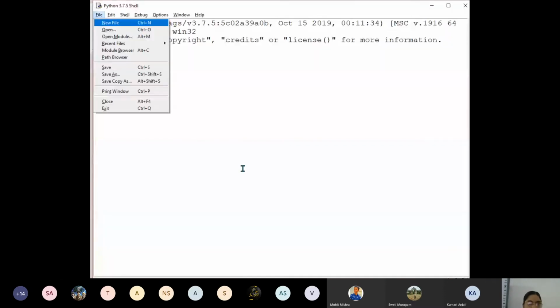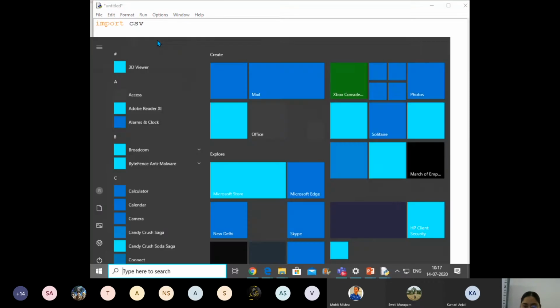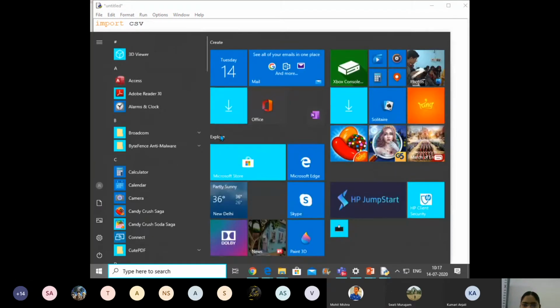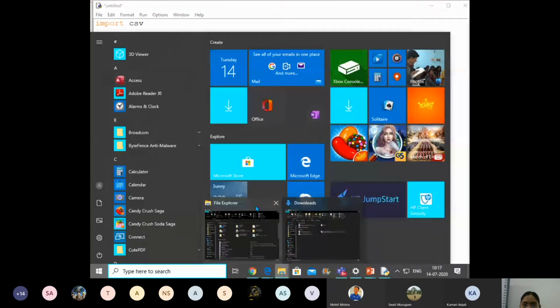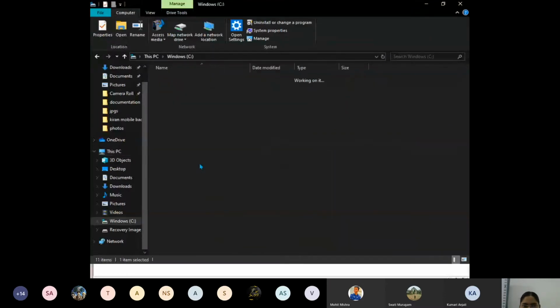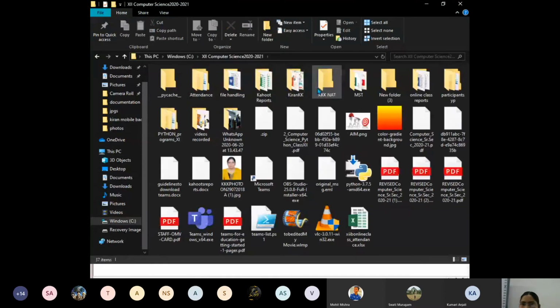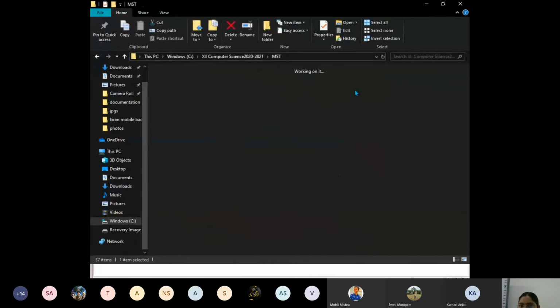Here I start a new file, right? What is the module I have to import? CSV module, right? Let me show you what CSV files I have. For generating your usernames and all, I have some CSV files with me. From this PC, in 12th computer science, I have the files here. Here you can see the Microsoft Teams one I will take. You can see so many CSV files.